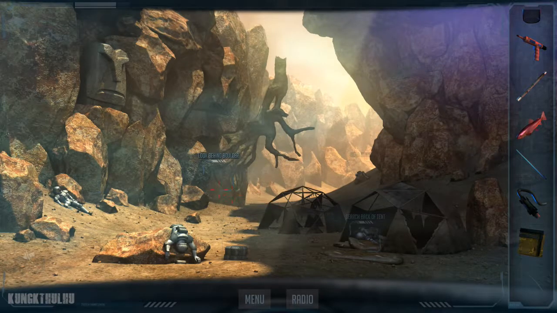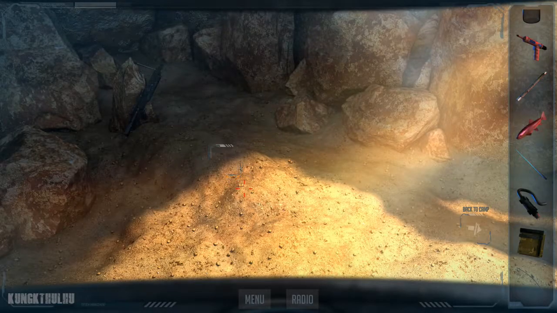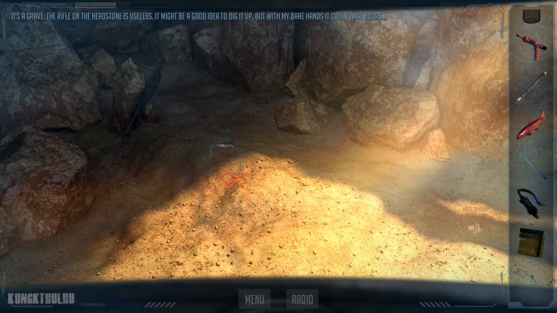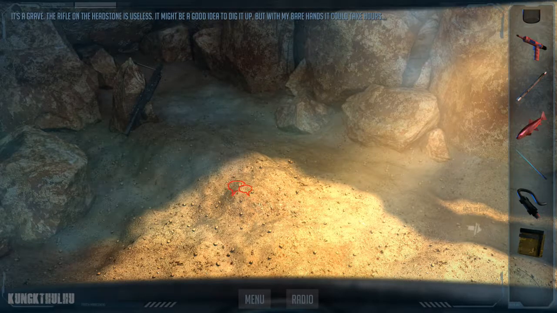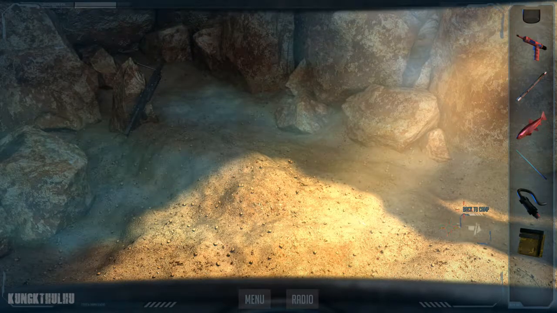Nothing there. Creepy as always. It's as if it were standing guard. But I'm sure that's just my imagination running wild. It's a grave. The rifle on the headstone is useless. It might be a good idea to dig it up, but with my bare hands, it could take hours.